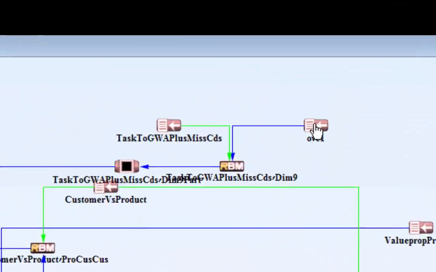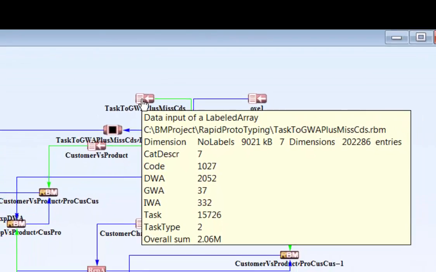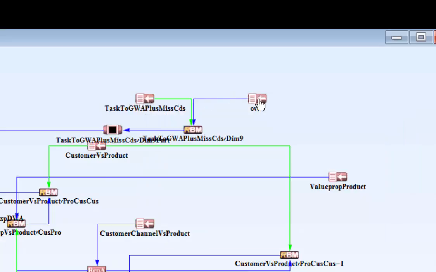So here are our occupation versus expense. Here they are called OVE, and here is a task, and when we hover over it, we see there are 202,000 entries, so there are altogether over 2,000 detailed work activities called DWA. Forget the other stuff, and it is from here that we match those occupations versus expense through a decomposition process,